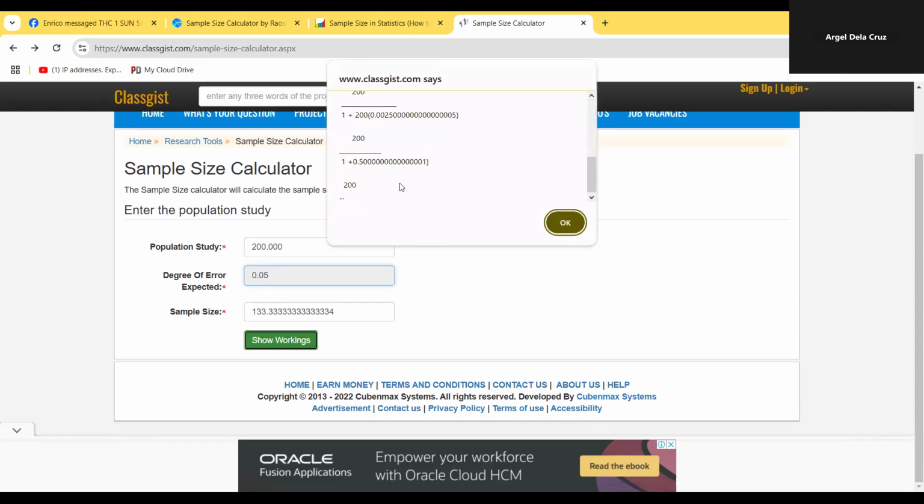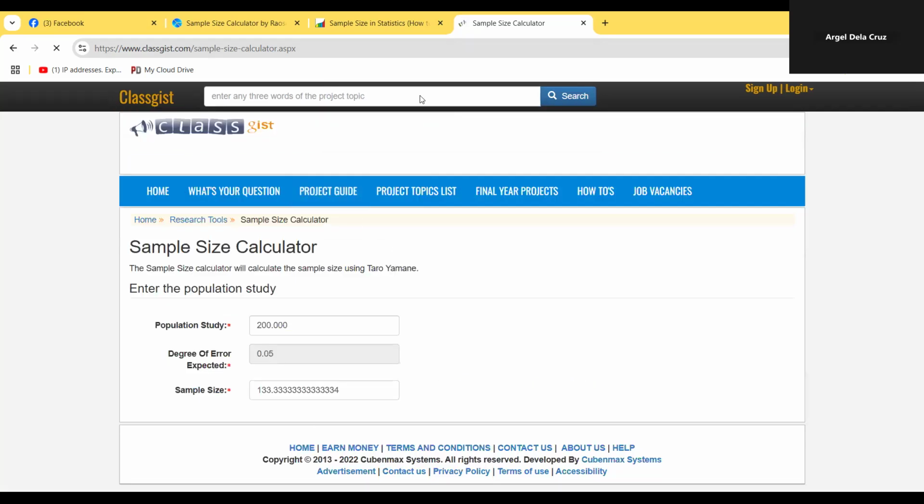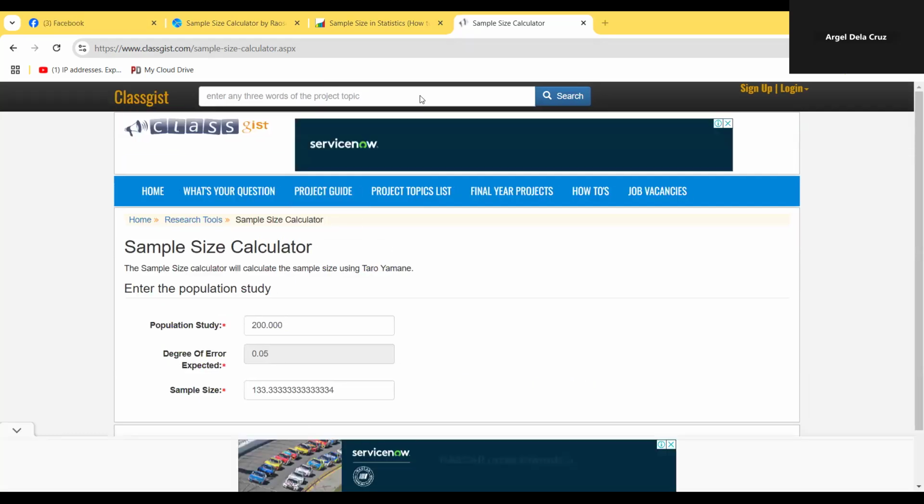Now show working. So, copy nyo to, yan na i-present nyo. Lagay nyo po sa sample natin. So, now, our formula would be Yamane or Taro Yamane formula. That's our base. It's not the Slovin formula. So, this sample size is a good one. So, pwede yan. Okay? So, nakalagay naman siya. I-share ko link. Or, you can use the other one, Rao-Soft. Okay din tong Rao-Soft.